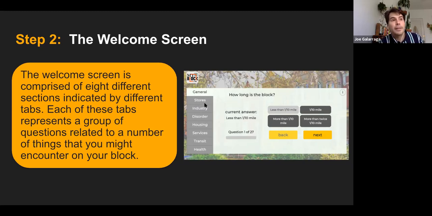If you live in an area that is mixed use, you might have a number of stores or any sort of retail or food that might be where you live. Additionally, there are questions about industry, disorder, housing, services, transit, and health. So all of the questions are stratified by those various different sections.